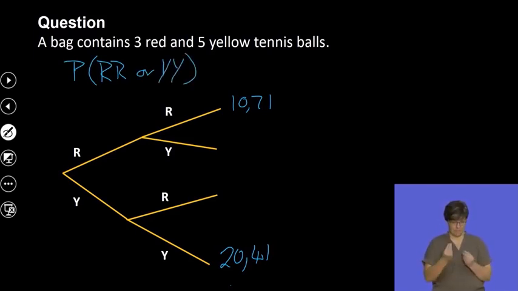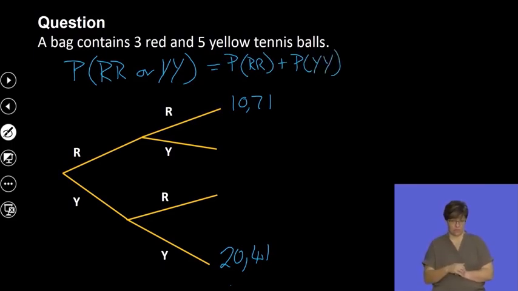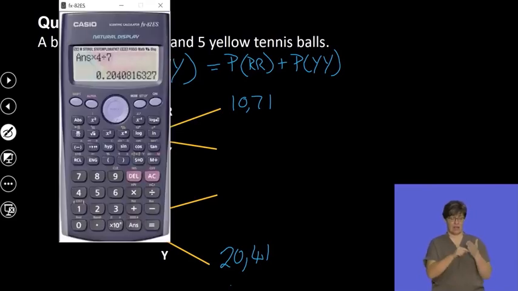We're wanting to see how these add up together. And if we do that, we recognize they are mutually exclusive. So this is the probability of red, red, plus the probability of yellow, yellow. And so you'll see that it's going to come to these two percentages added together. On the calculator, I'm going to put that in. I'm going to say it's 20,41 as a percentage, but I'm going to do it as a fraction now, plus